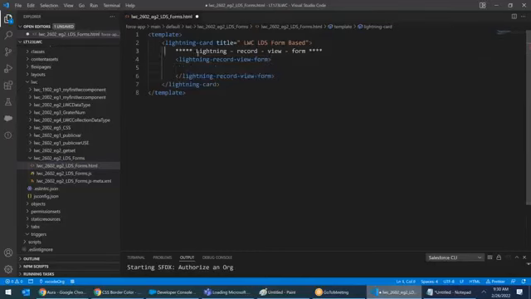Here I'll put a paragraph tag so that one paragraph gets created. After that also, I want to put a paragraph tag. There we go, lightning record view form. This is the way we do it. What do we put here? Inside the record form, certain fields are mandatory. Number one,